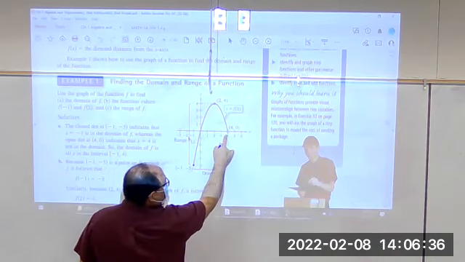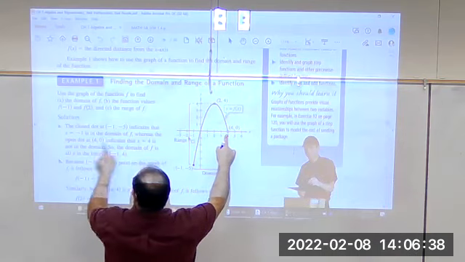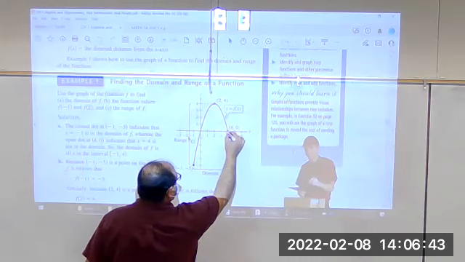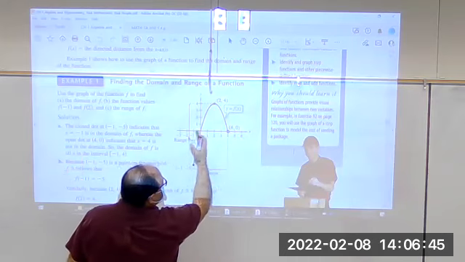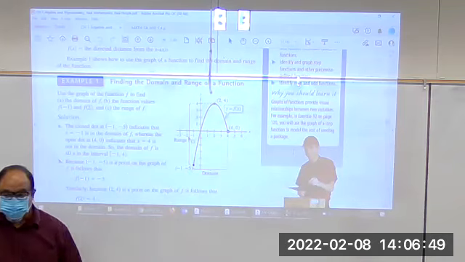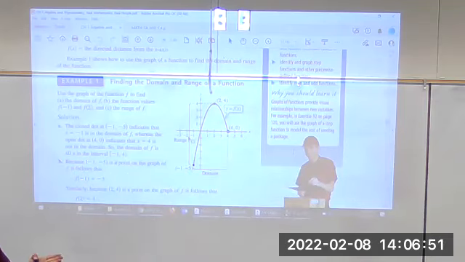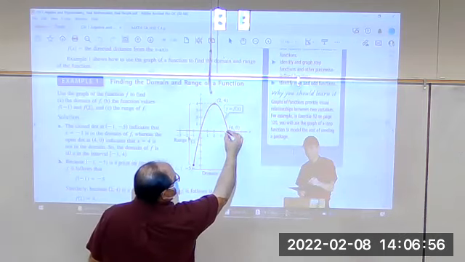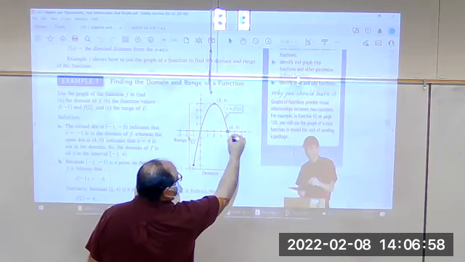And right there, okay, it's got an open dot. So that means when you get to x equals 4, you don't actually plug the 4 in. 4 is not part of what's being used. It goes infinitely close to 4, 3.9, 3.99, 3.999,